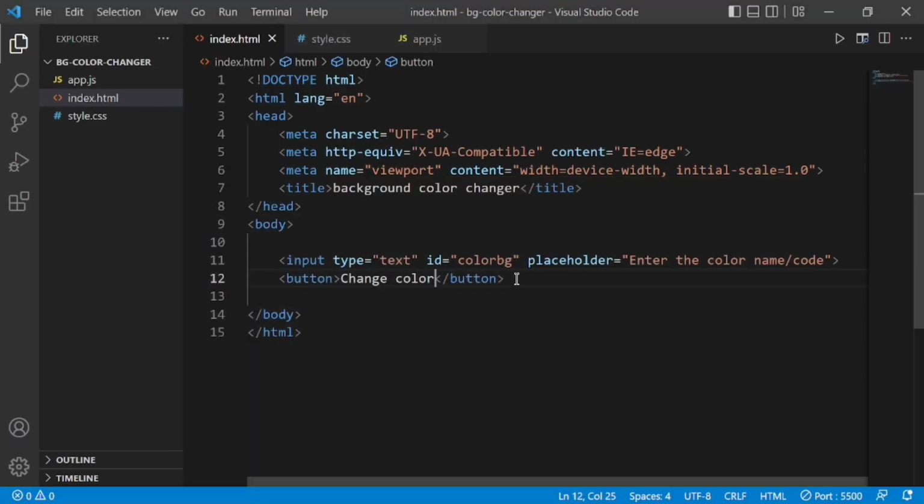So that it is going to change the color. When I click here, the color of the background will be changed. Now let us style something. Okay,